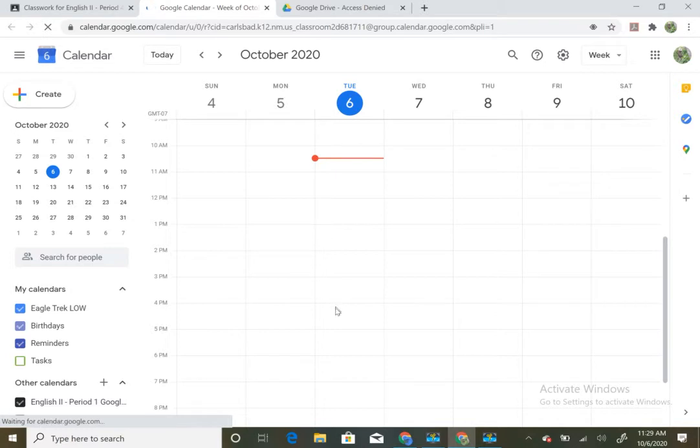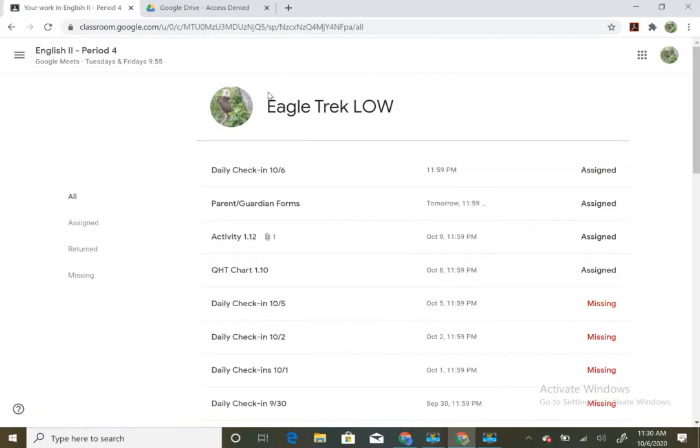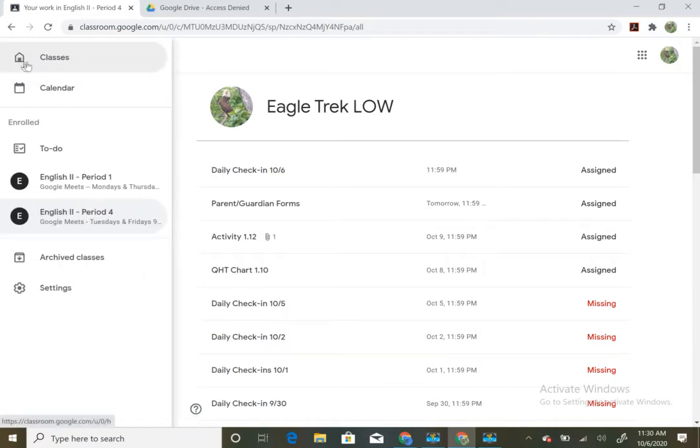And it doesn't look like it does. So the calendar does not show any work. So that's not a good place to look. So here is the best place to view your work, what you're missing, assignments, what's been returned, and everything like that. So I wanted to go over that with you because some people are thinking that over here